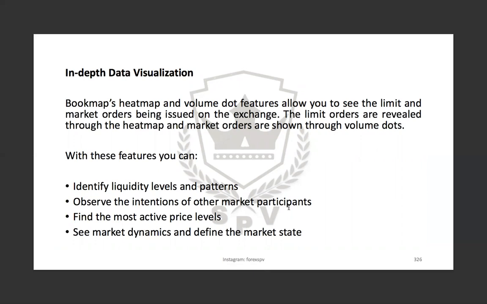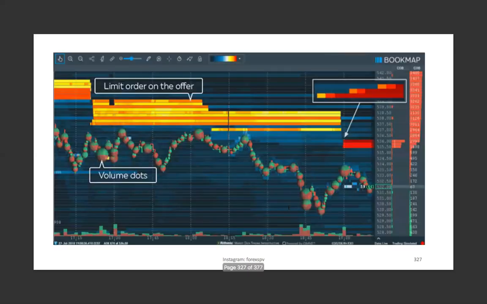So if you see, yesterday we had a retracement, and before it moved, orders for buyers were entered, and eventually the market picked up. And you can clearly observe the intention of other market participants by looking at the limit orders, and you may find the most active price levels, see the market dynamics and the current market state,